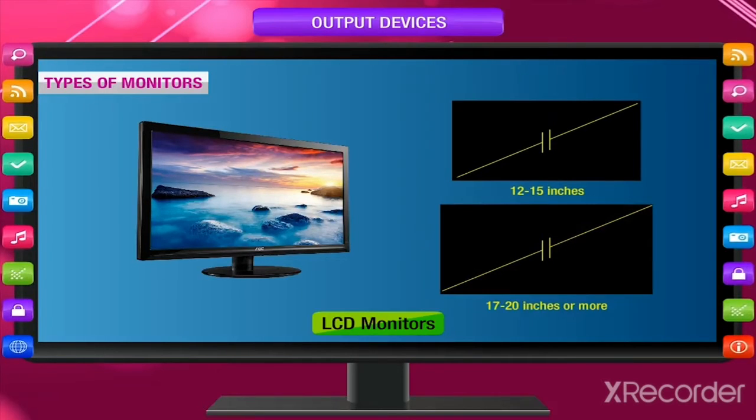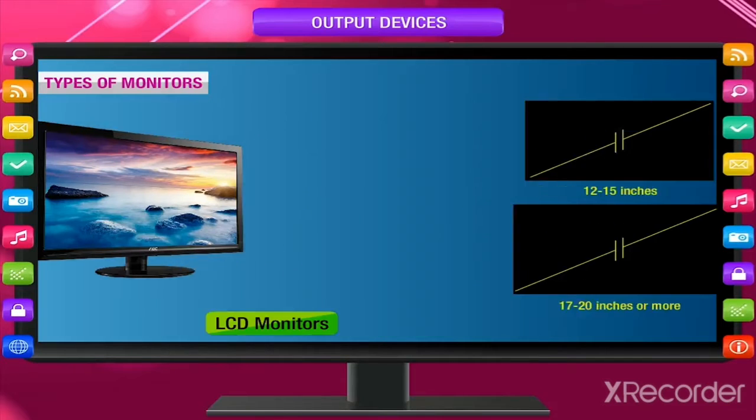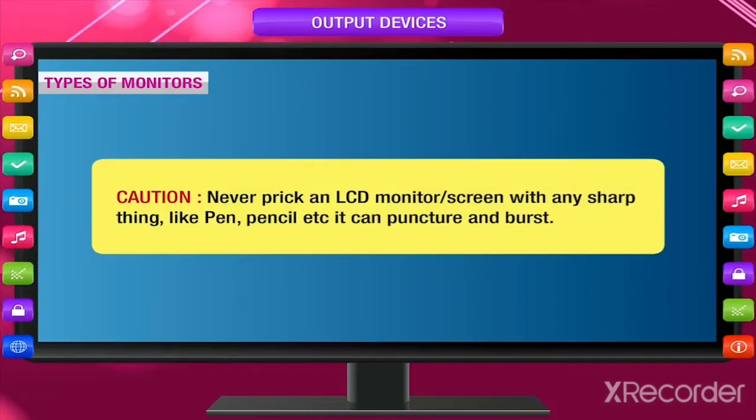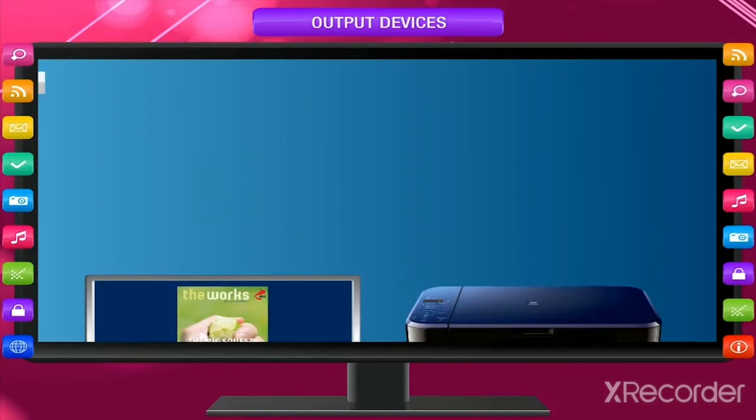Nowadays, the 17 to 20 inches or more monitor is more popular. A computer system cannot work without a monitor. However, it can work without a printer. Never prick an LCD monitor or screen with any sharp thing like pen, pencil, etc. It can puncture and burst.